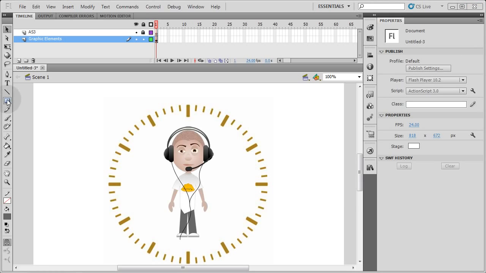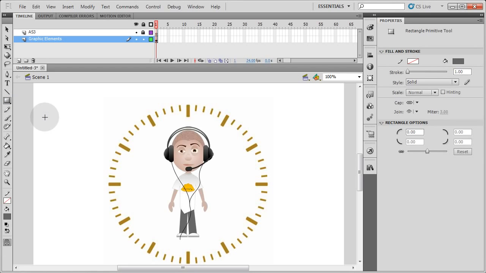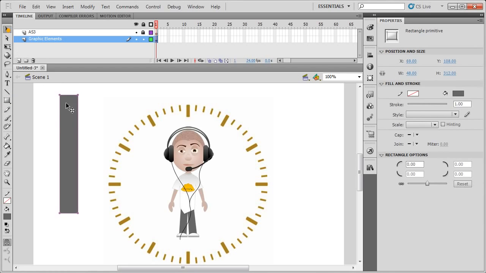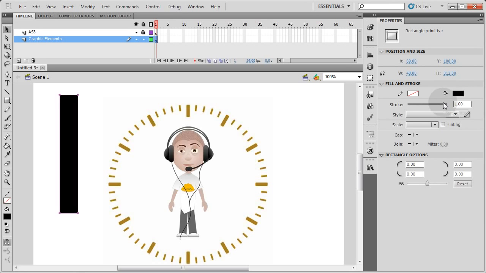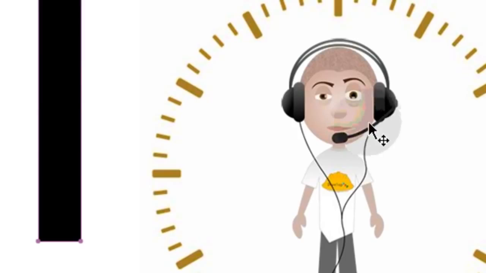And now let's create the first hand by dragging out a rectangle primitive, and I'll start with making the seconds hand. So I'll make this black so it shows up really good,